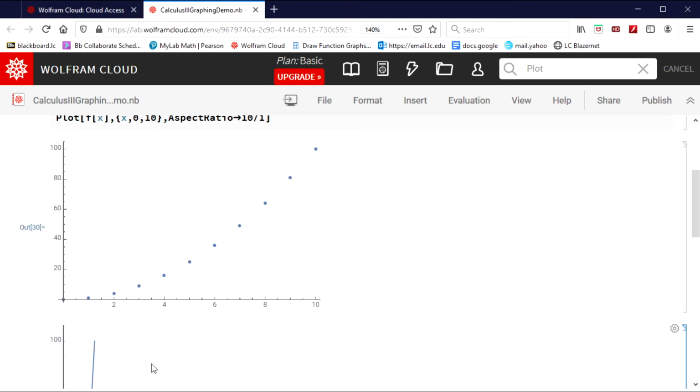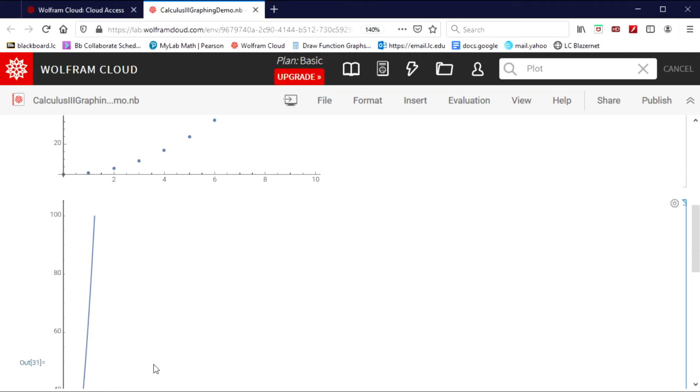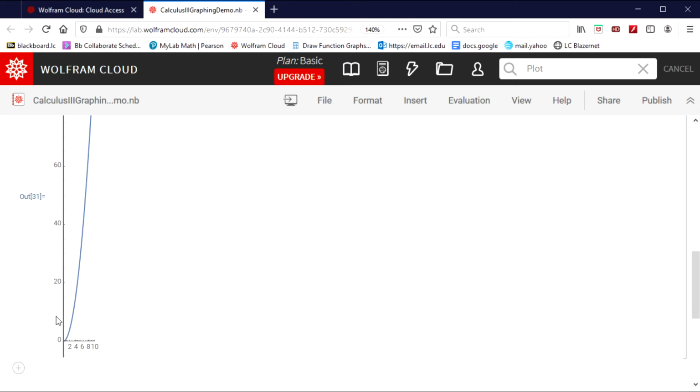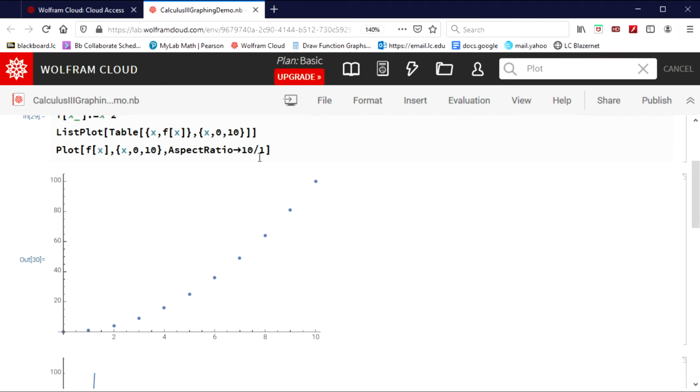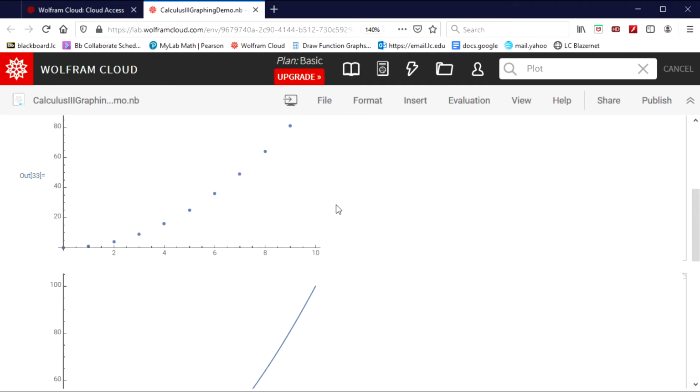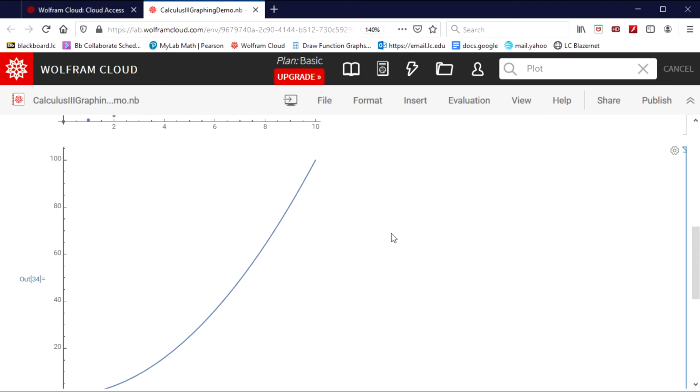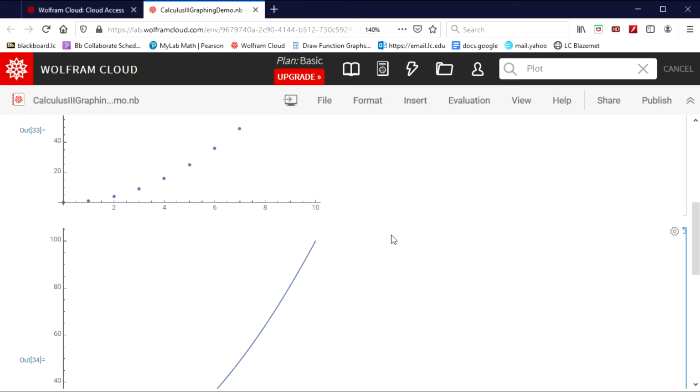Now you can see why this is not always right? Might not always be what you desire, right? To have a graph that looks like this. So leaving it in an aspect ratio of 1 to 1 is not a bad option, not a bad default option, right? The other thing you might notice here,